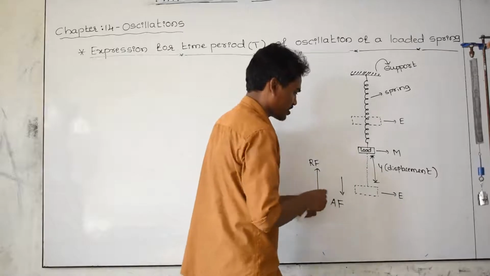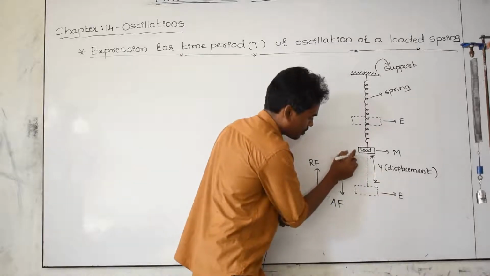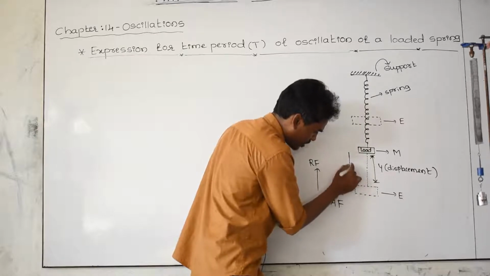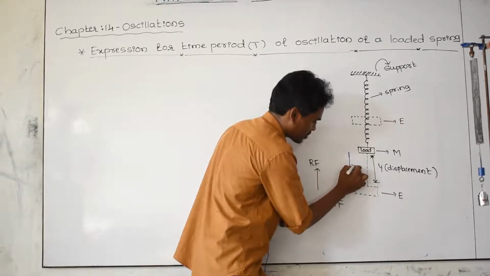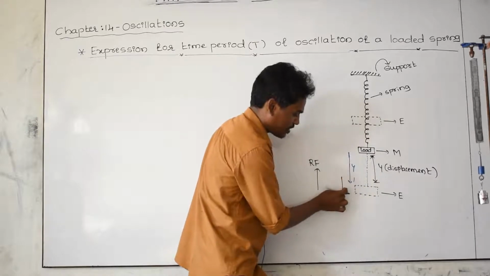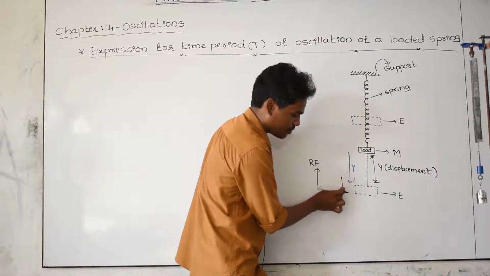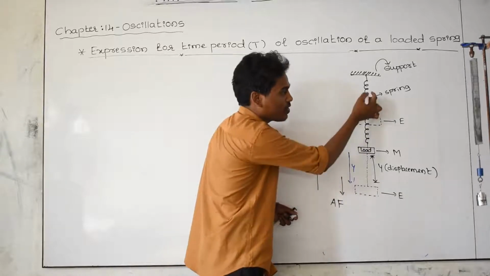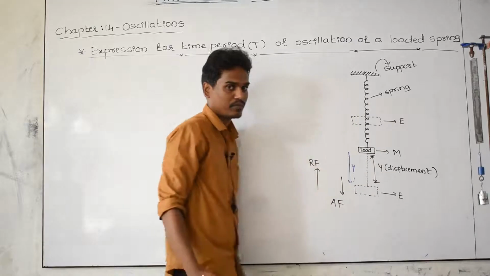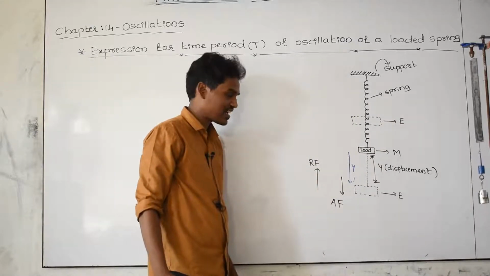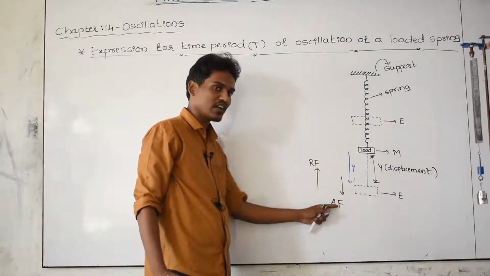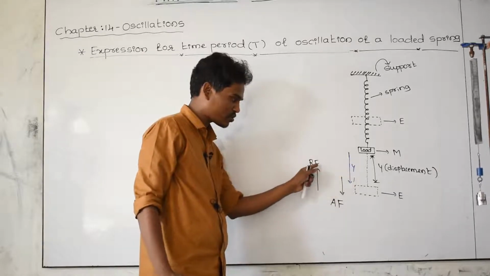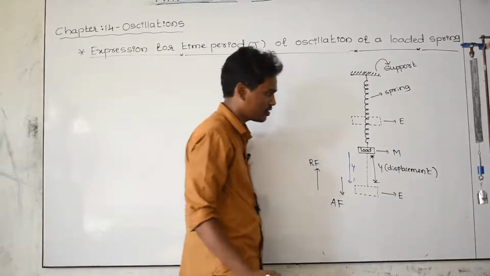This is the displacement direction. If you pull, this is the displacement. If you pull further, this is the displacement. If you pull to this point, this is the displacement y. At this point, if you release the body from your finger, suddenly the body moves up because of the restoring force generated in the body. That restoring force is exactly equal to your applied force, but the applied force and restoring force are in opposite directions. Displacement and restoring force are in opposite directions.